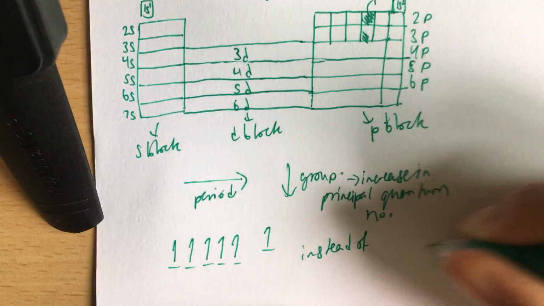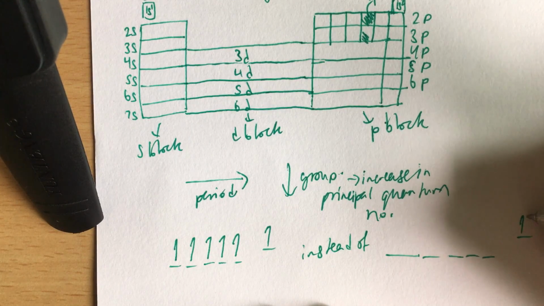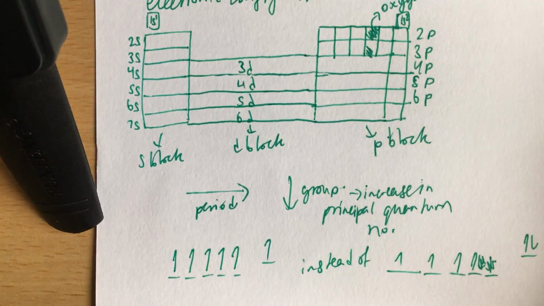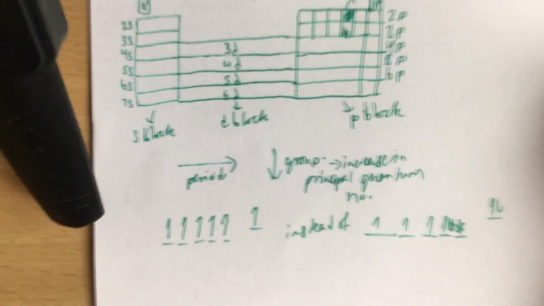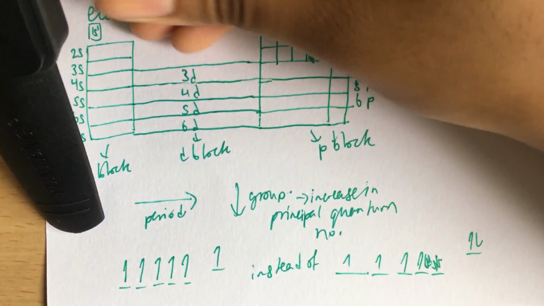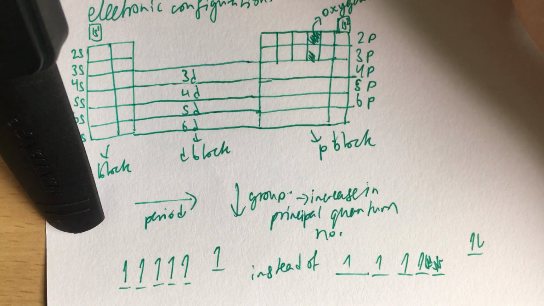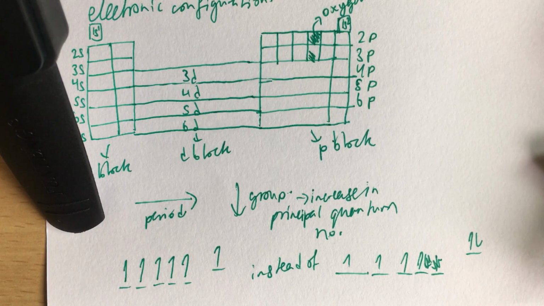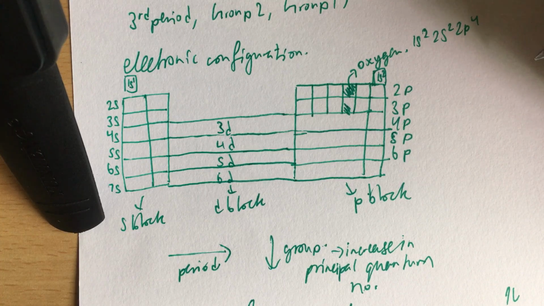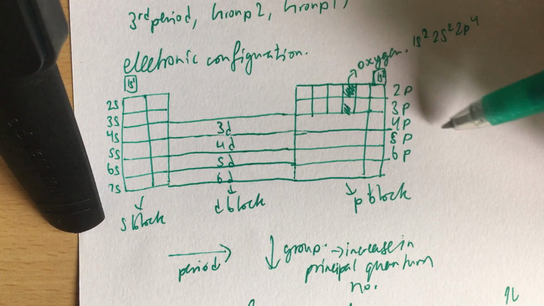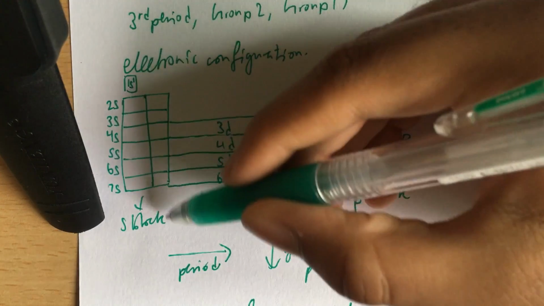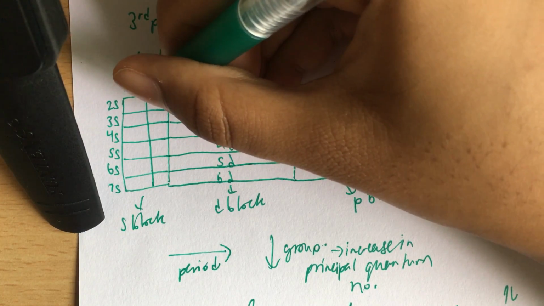And for the next one, which is B, the next learning outcome in this section, we look at the general trends and variations. Oh wait, before we move on, since they did mention third period, group 2 and group 17, for third period, I think it's mostly just the sodium to chlorine bunch. I should probably open a periodic table. So that part is very simple. It's just the usual S and P. And for group 2, it's going to all be S2, and for group 17, it's gonna all be